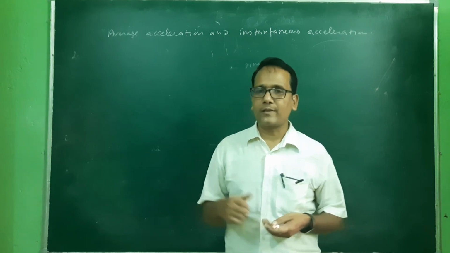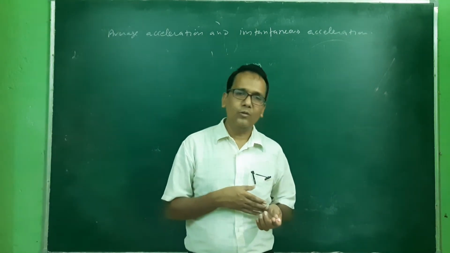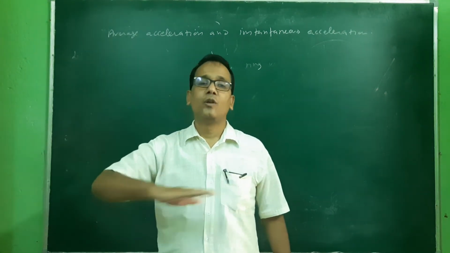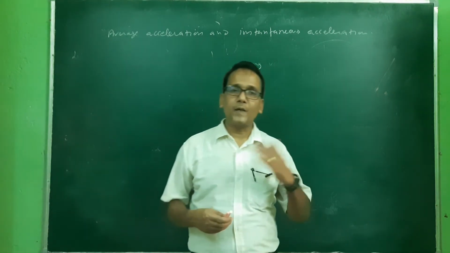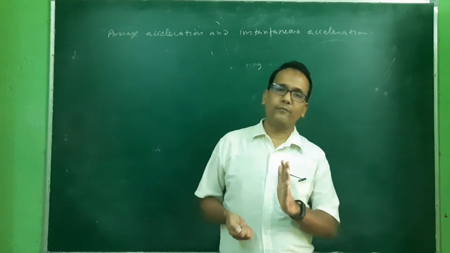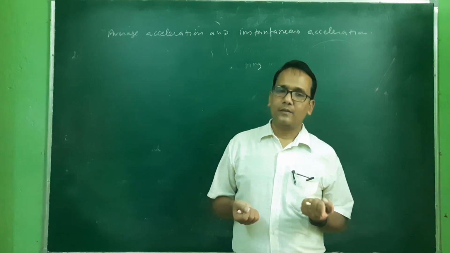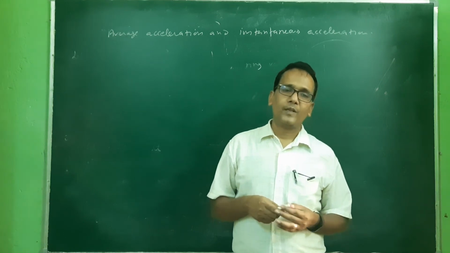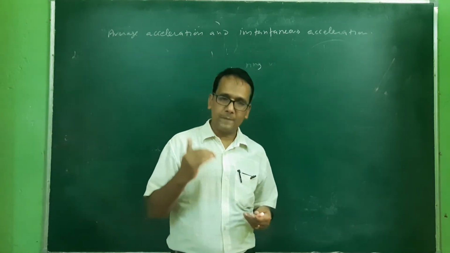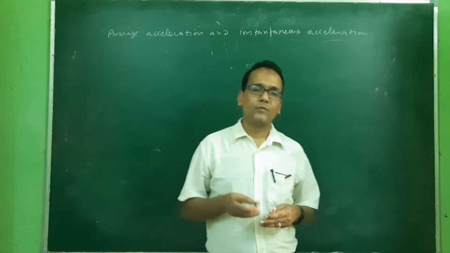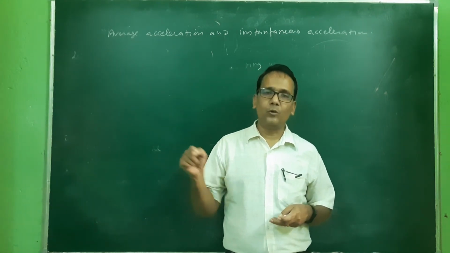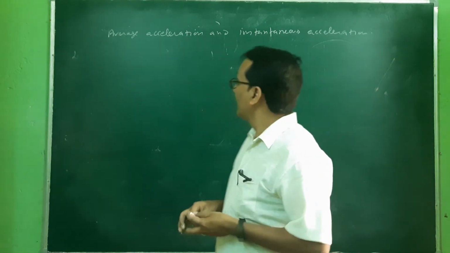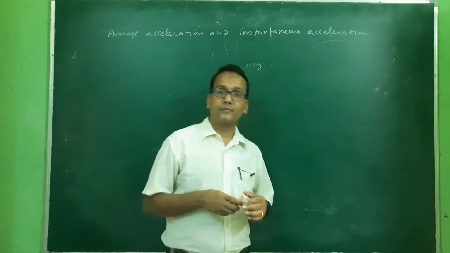So this is a vector quantity. Obviously it can be 0. 0 means that the vehicle or object is moving with a constant velocity; there is no variation in its velocity. And if it is positive, it means we are speeding up that vehicle or body, and if the acceleration is negative, it means we are using the brake to stop that vehicle. So that is slowing down, the speed tends to 0, meaning we are using the brake, and then the acceleration is negative. Anyway, I think today's lecture